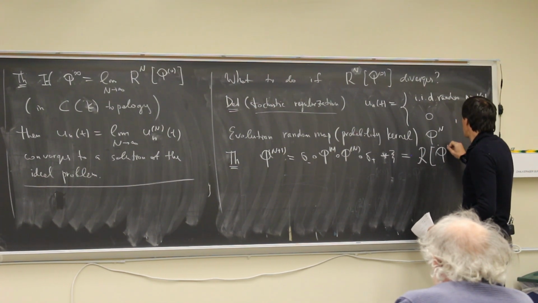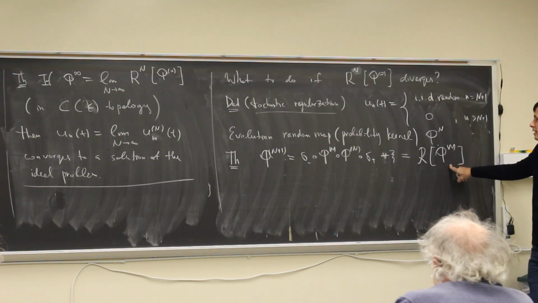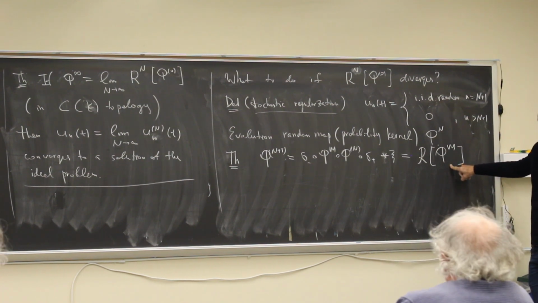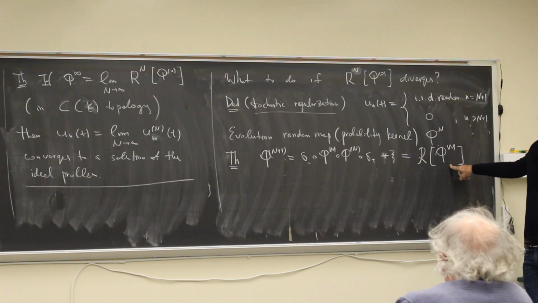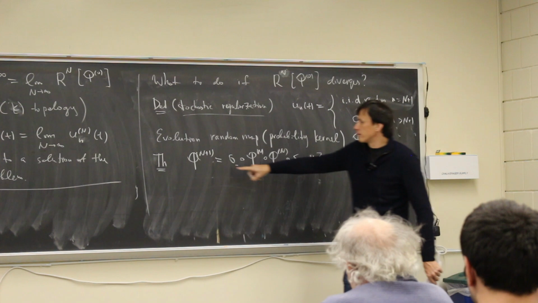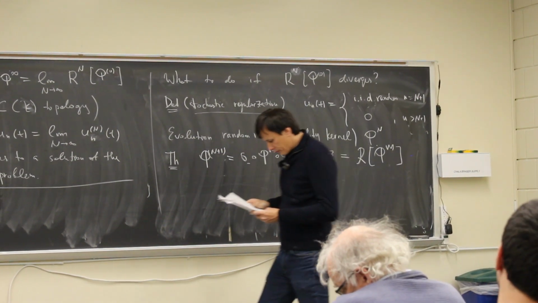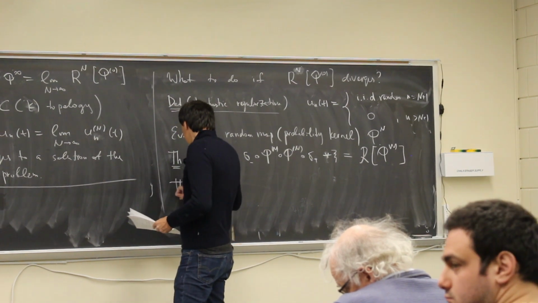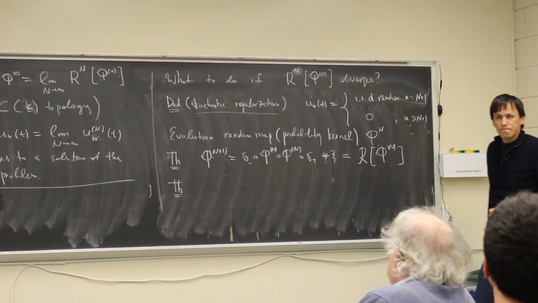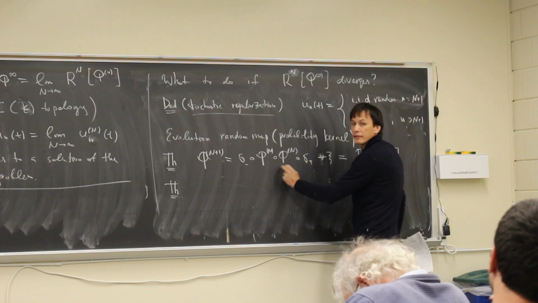What I want to say is that you can define a renormalization group operator, but now, instead of acting on maps, it acts on random maps. Given a random map regularized at scale n, you get a random map regularized at scale n plus 1. So the theorem: you have this self-similarity because these are IID, and so they are independent.